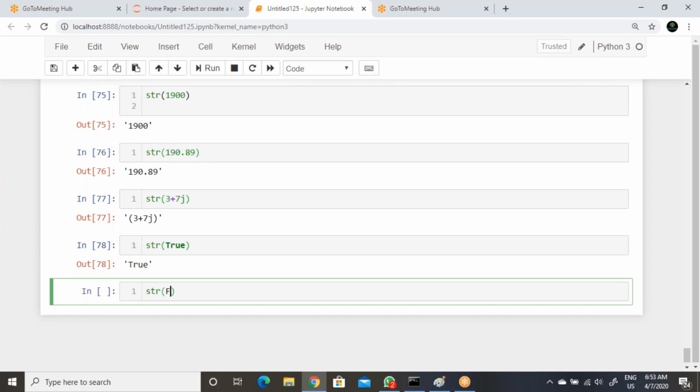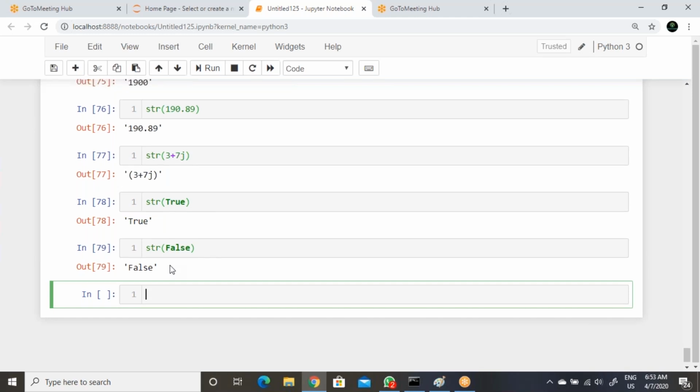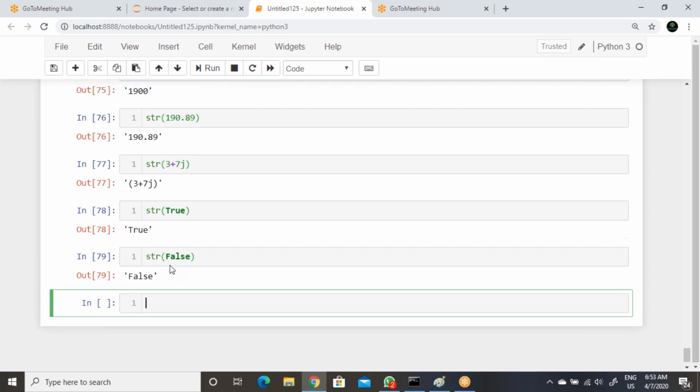You can observe here: integer to string is success, float to string is success, then complex to string is success.